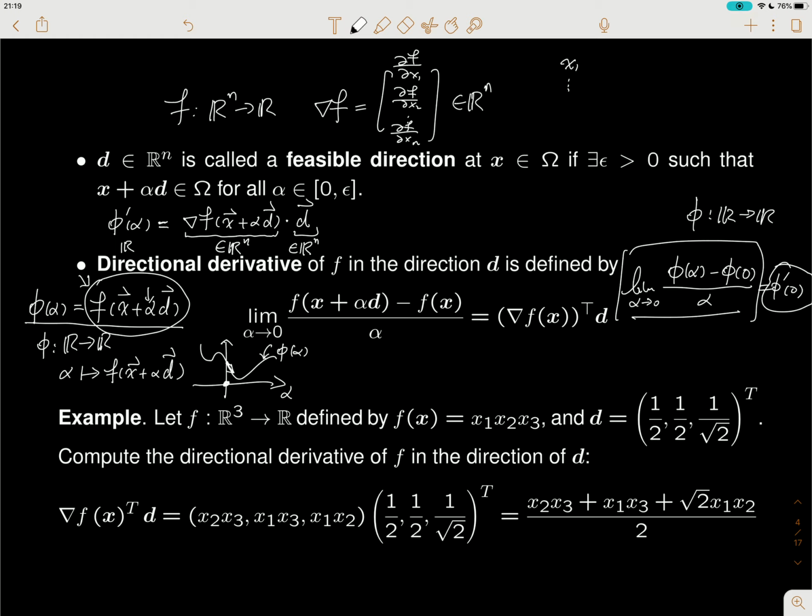So say you have x1, x2 up to xn. You have y1 through yn. Okay, and taking the inner product of these two, so this dot is the inner product, it will give you x1 y1, x2 y2, all the way to xn yn. It's just a sum of those component-wise products. Okay, so here you will get a scalar, and that is the directional derivative. Okay, so now just as a summary,